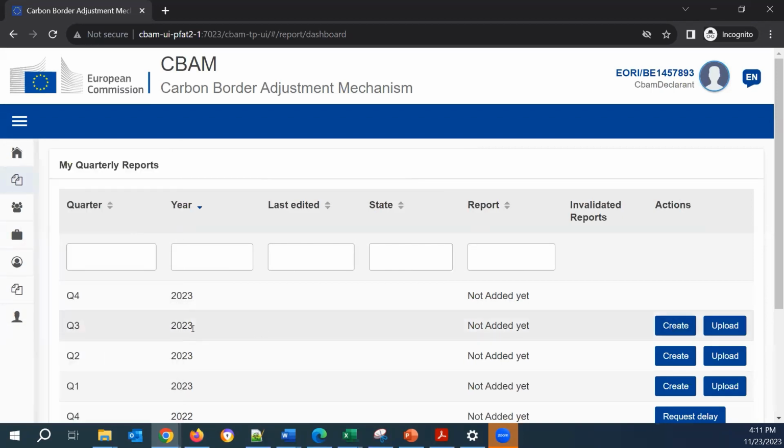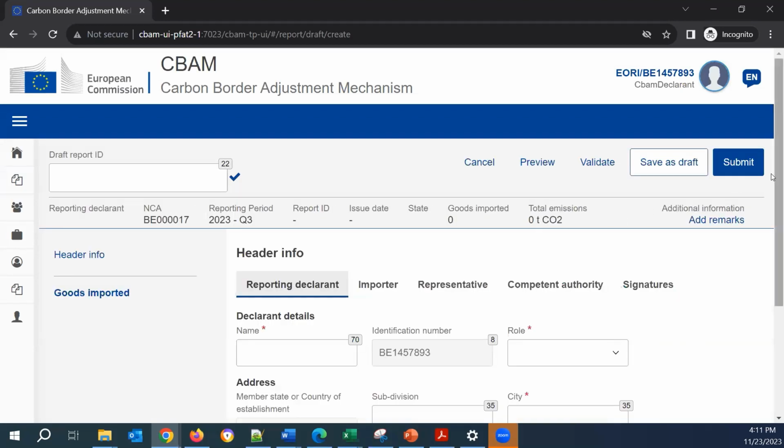We have more than the usual quarters open for development and testing purposes. I press the create button and our report is now open.